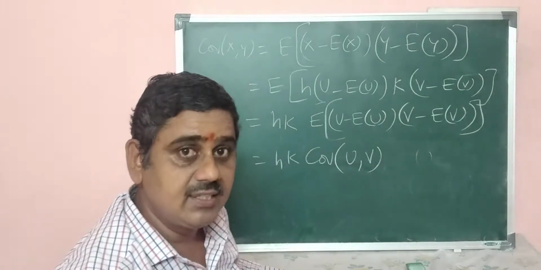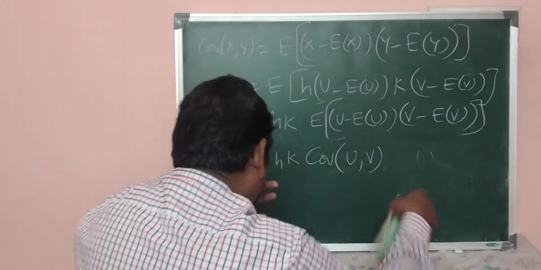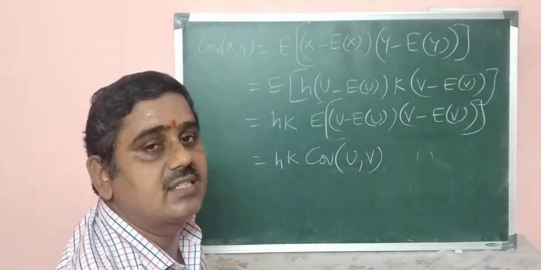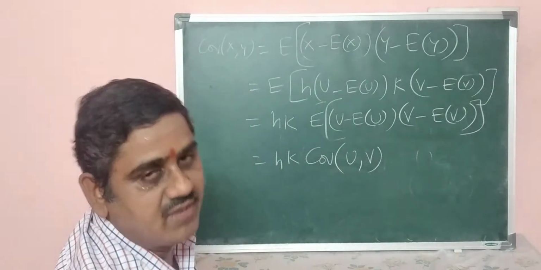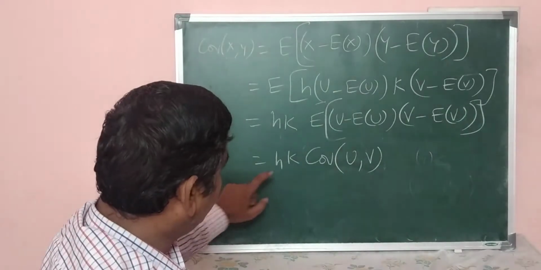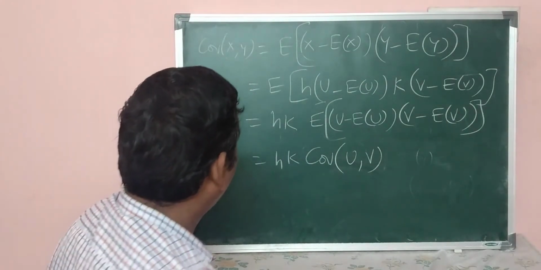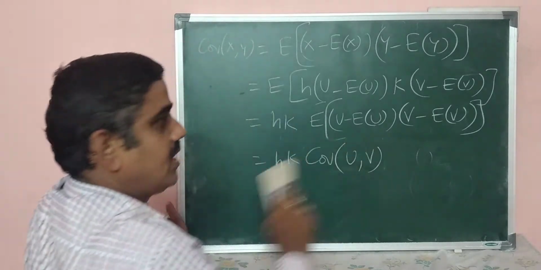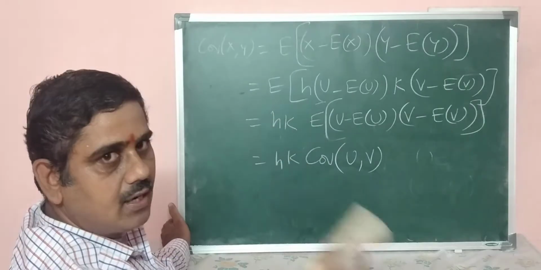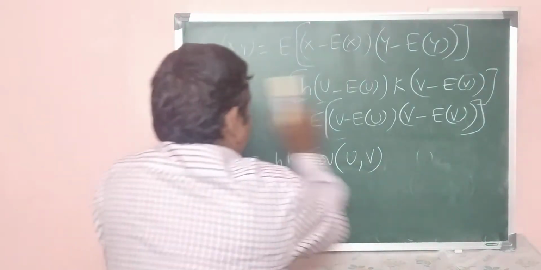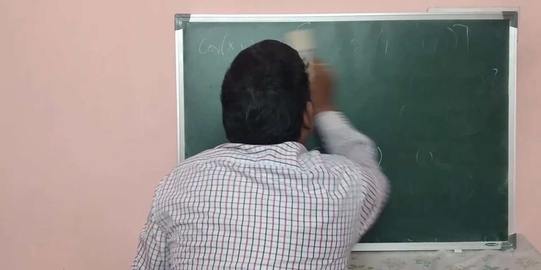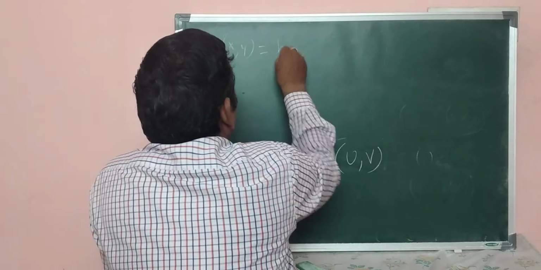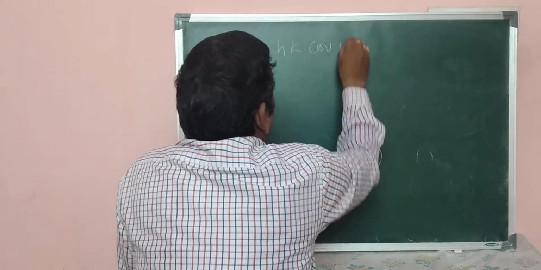You understand? Now we come to the calculations of sigma square x and sigma square y, that is, variance of x and variance of y. So it is hk into covariance of uv. I write the values here. I hope you understand this, so that I calculate the next value, right? So next value, I write this particular value here. Okay, this is hk into covariance of u comma v.